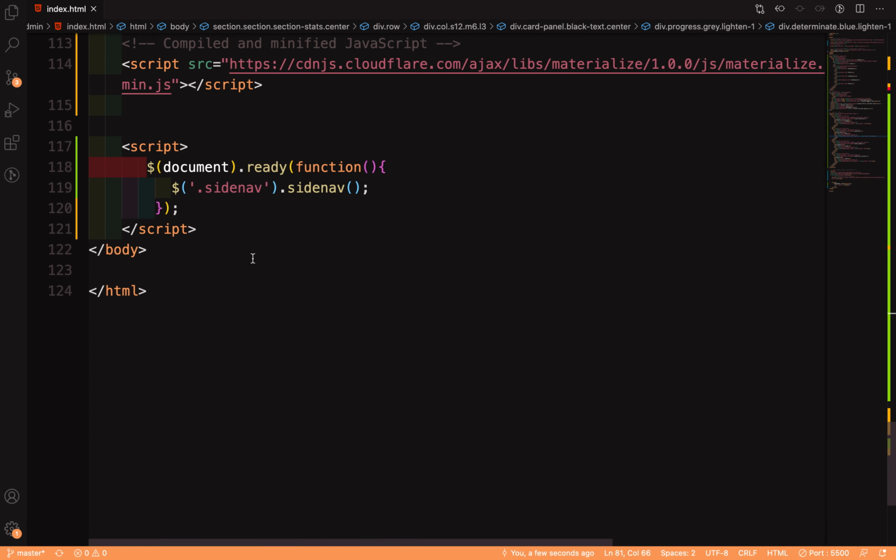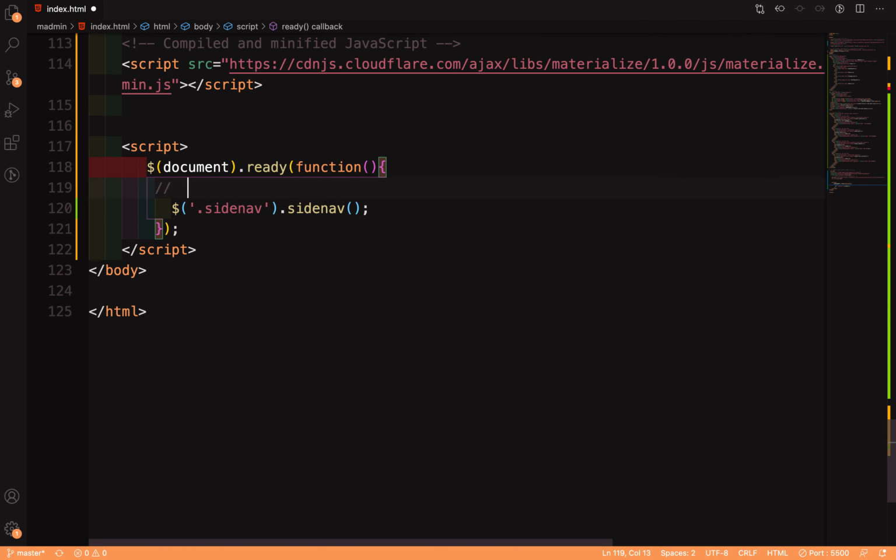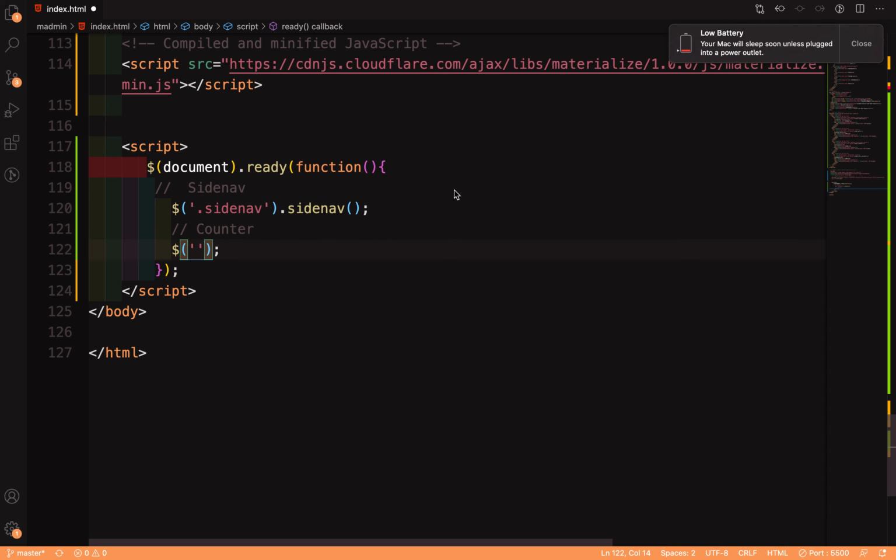Alright, so kaninang nilagyan natin dito is yung side nav. So lagyan natin dito ng side nav para may comment. So side nav. Ito yung mga components, ha? Ay, method at saka yung jQuery and JavaScript ng materialize. That means, ang gawin ko is, I'm going to add a comment dito. Lagay ko dito is counter. Alright, so we're going to add a jQuery Selector. We're going to select one and only argument. So in this case,